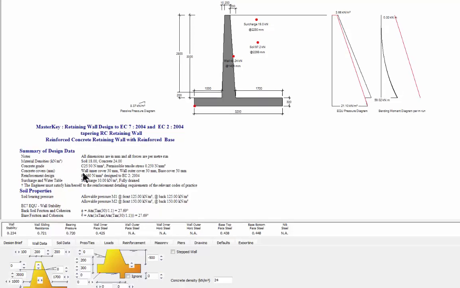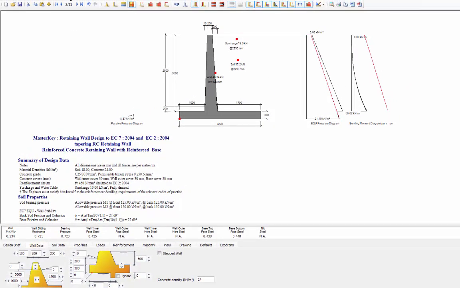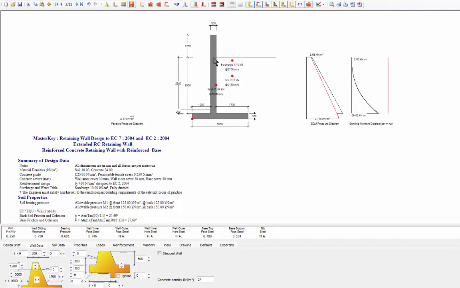The next thing we can do, and I'm just going to use the buttons up here to move through the screens, is to put an extension onto this wall. So this is an extension, and we will see later on how we can apply loading onto that. Because it's an extension,